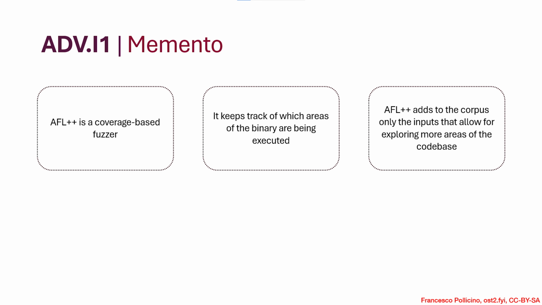The goal is to find errors not just in the most common or obvious code path, but through the entire code base. And to do this, we also need to build a collection of useful inputs, also known as a corpus. This process starts with a few manually created seed inputs. Then, the seed inputs are mutated, meaning they are randomly altered, and AFL checks if the changes cause new parts of the code to execute. If a mutation leads to new code being covered, it's considered interesting and added to the corpus for further testing. Over time, with continuous mutation and testing, we develop a robust corpus that covers as much of the code base as possible, increasing our chance of finding bugs through the entire program.